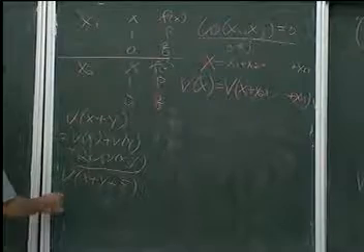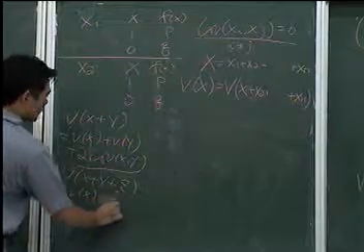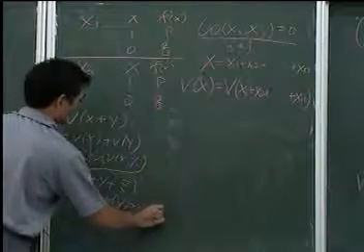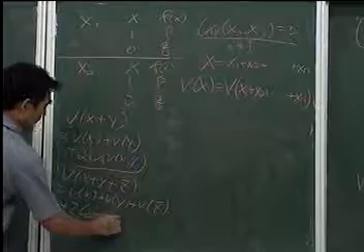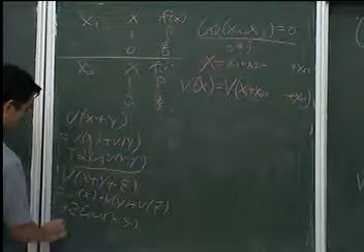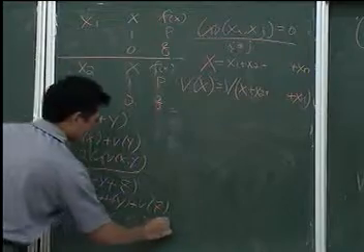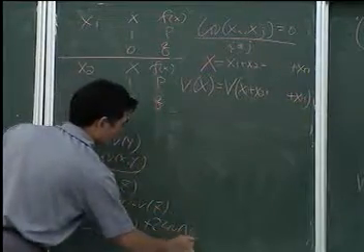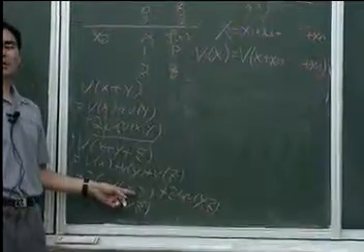Then you have the variance of x plus the variance of y plus the variance of z, plus 2 covariance xy, plus 2 covariance xz, and plus 2 covariance yz. But x and y are independent of each other, so this one